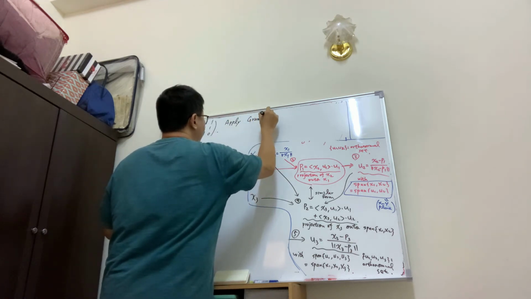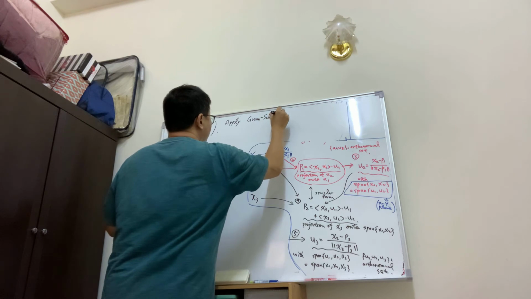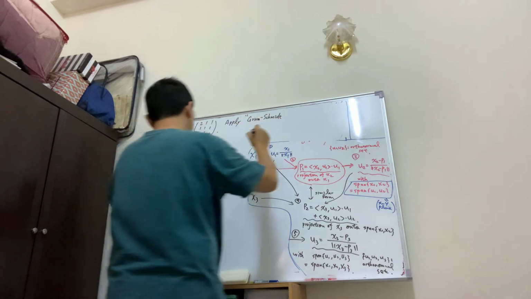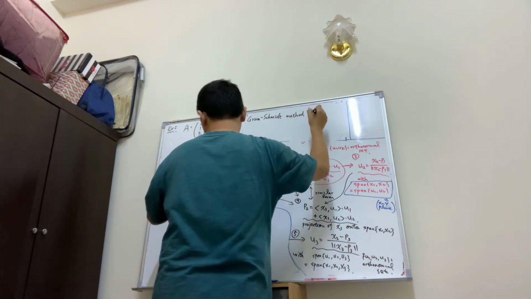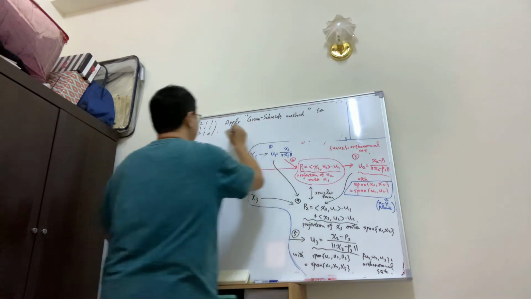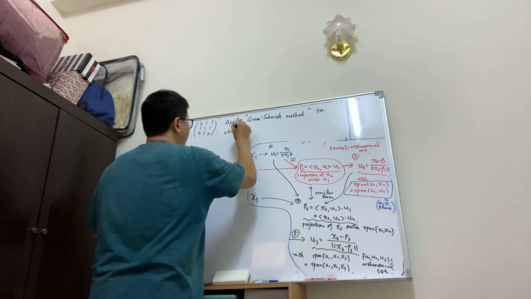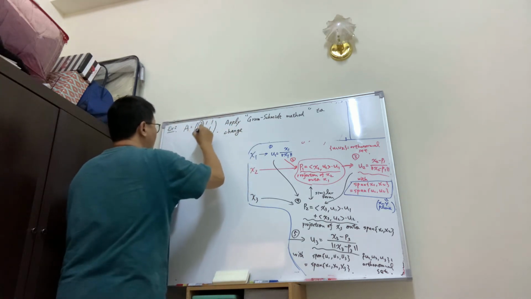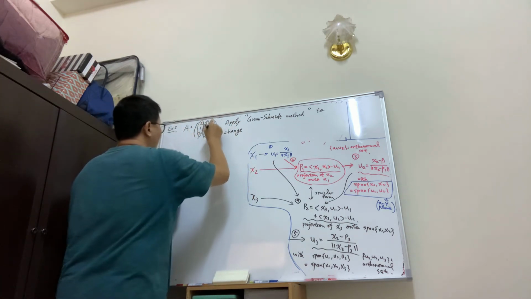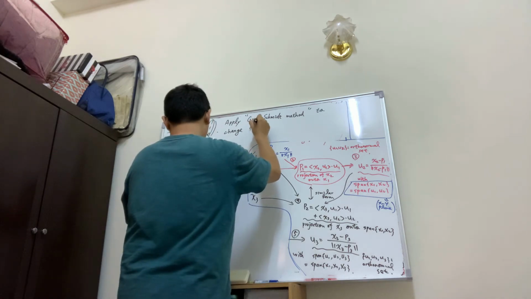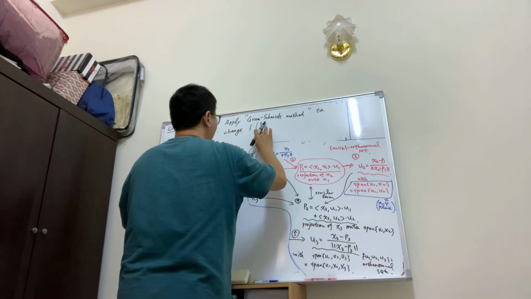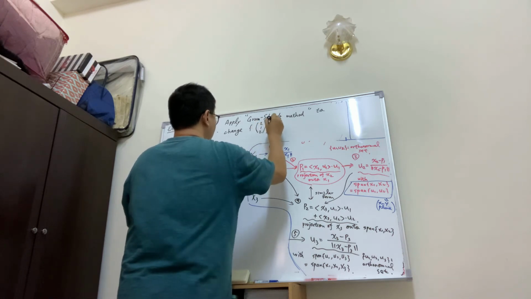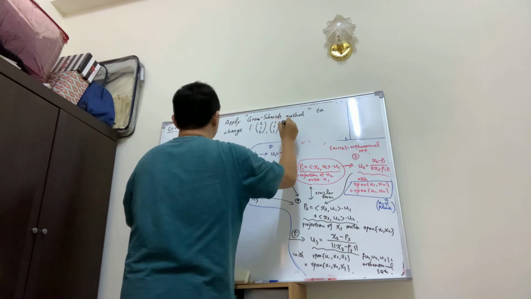The process is called the Gram-Schmidt process or Gram-Schmidt method, to change these three vectors (2, 1, 2), (1, 1, 1), (1, 1, 0)